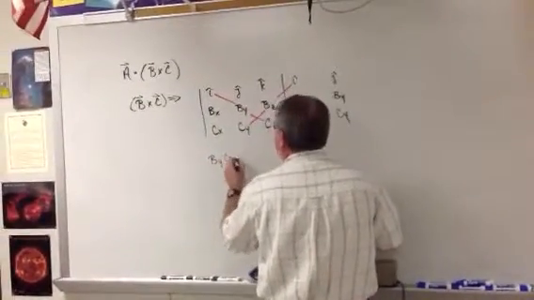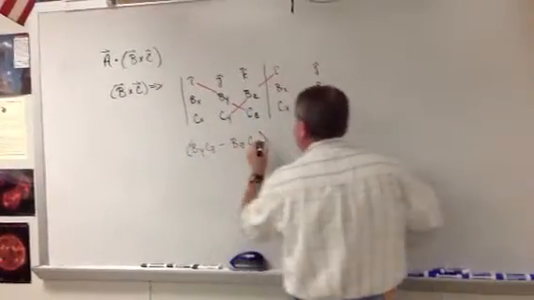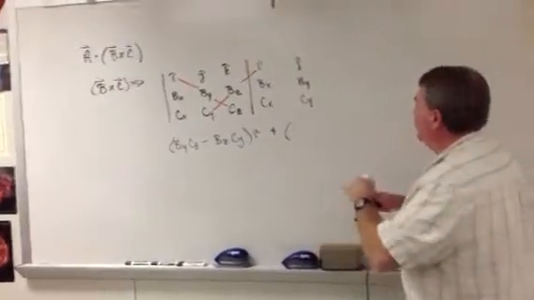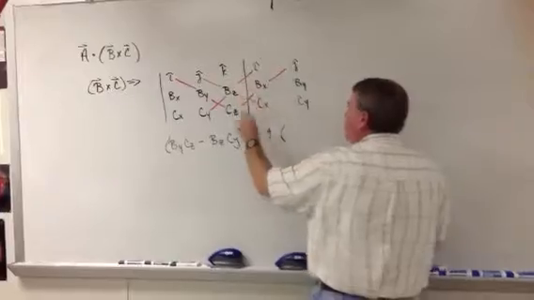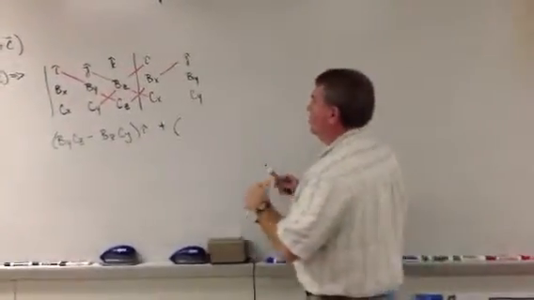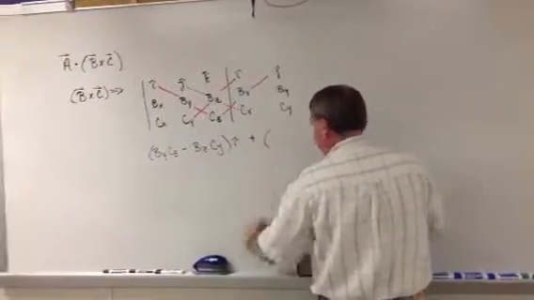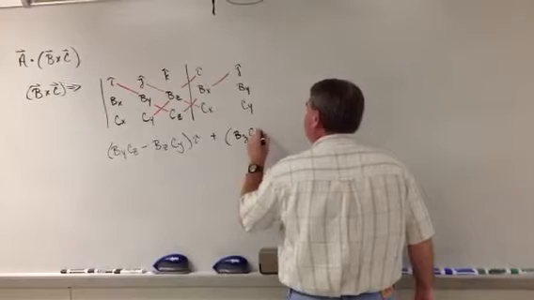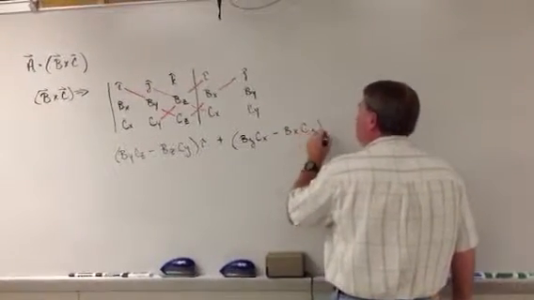ByCz minus BzCy in the i caret direction, plus, and the j caret direction will be this way is positive and that way is negative. So we write BzCx minus BxCz